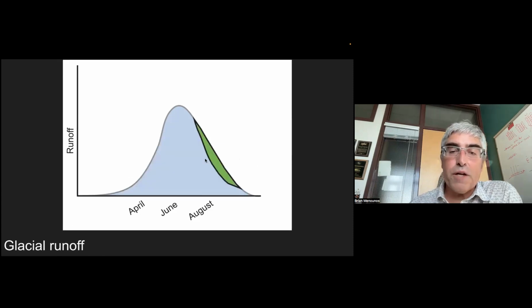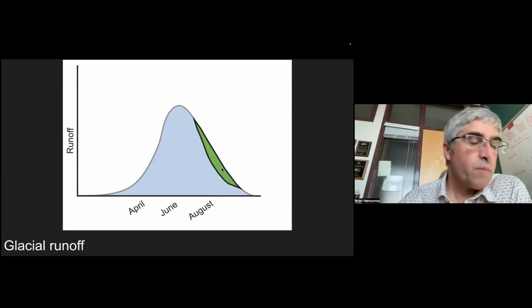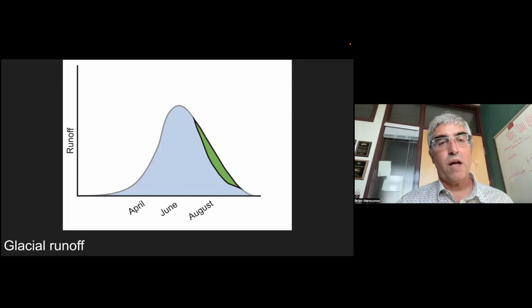But when we talk about glaciers, we're really talking about this component of the hydrograph that I've colored here in green. This is where the seasonal snow has melted away, and this fraction or this volume of water is that which is produced by the glaciers. Now, if the glaciers were in climatic equilibrium with present day climate, that is, they're not growing, they're not shrinking, we would still expect to find runoff entering those river systems.